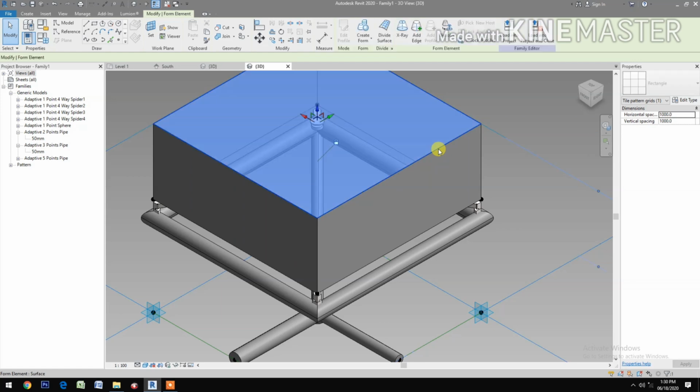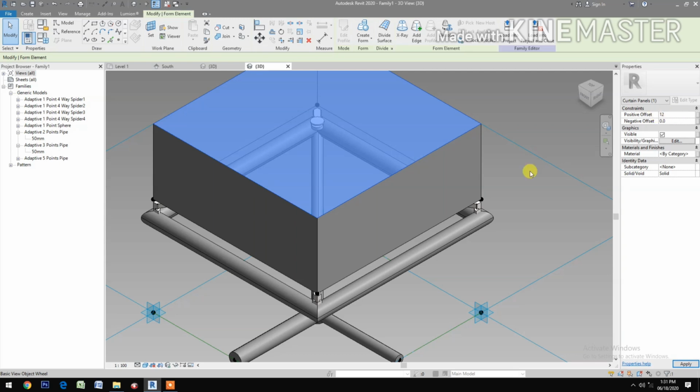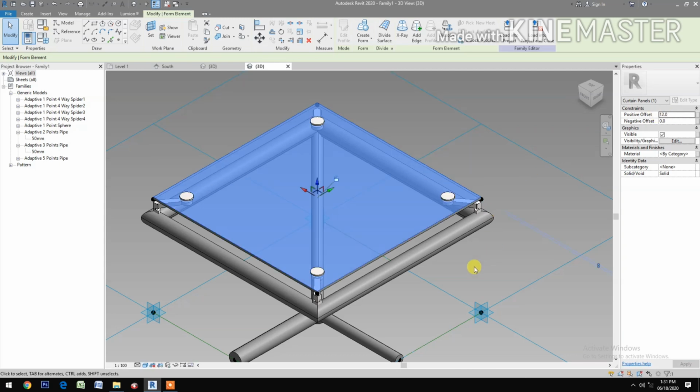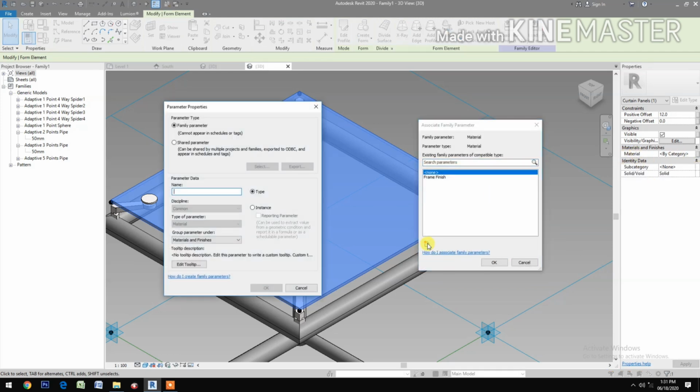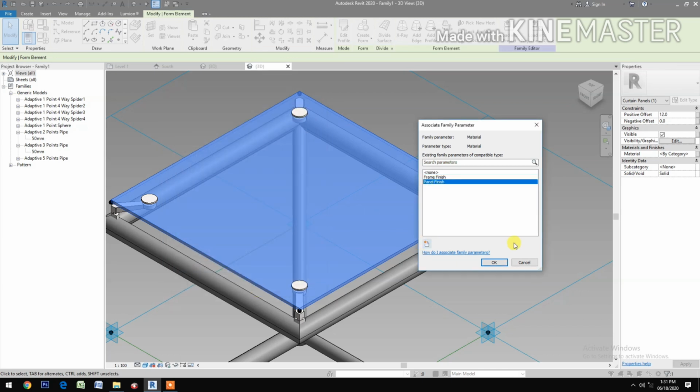Okay, go to positive offset, change the value to 12 millimeter for the glass thickness. Okay, next select the form. Let's create a material parameter. Go to material, pick the button, create a new parameter. Let's name this funnel finish. Okay,